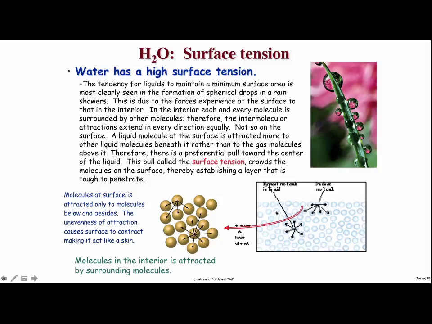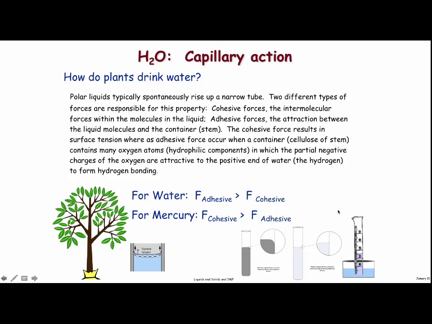What happens is that at the surface right here, the water molecules are attracted to each other, so it creates a tension. That's why when you have water against a wax surface, it beads up, because that's how it maximizes surface tension, right here, due to hydrogen bonding. Capillary action is the degree by which the liquid goes up